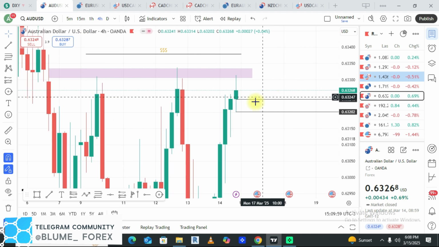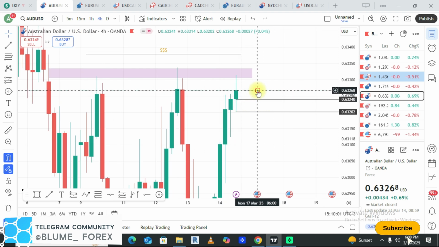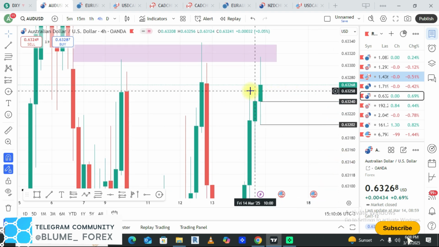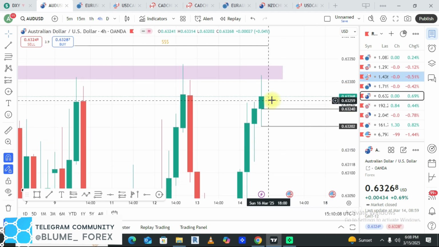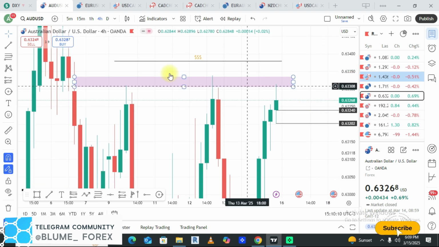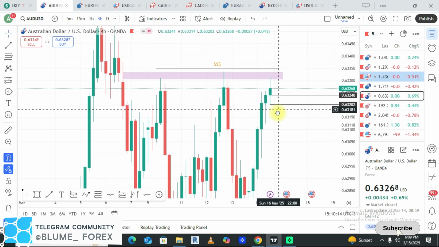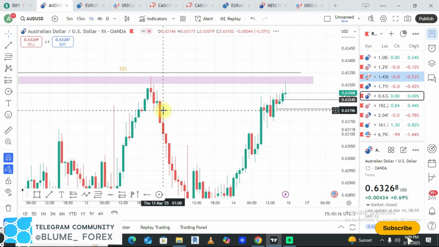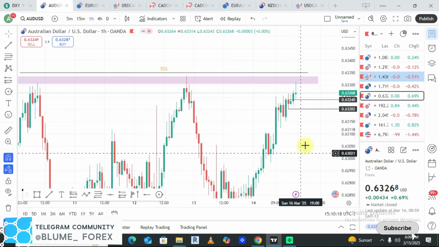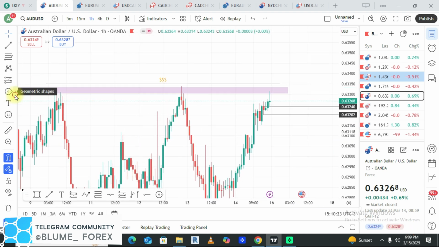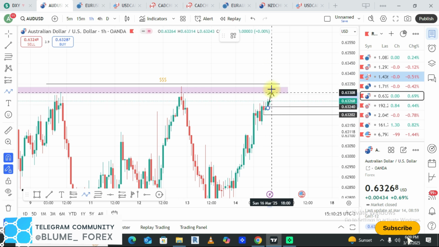So currently this is our 4-hour demand in control of price. This 4-hour led to the break above this high, and then it looks like a sustained close above this high. There's also liquidity lying above, equal highs and equal lows, but I'm looking to sell the DXY this week. So if I get a bit of a push up,